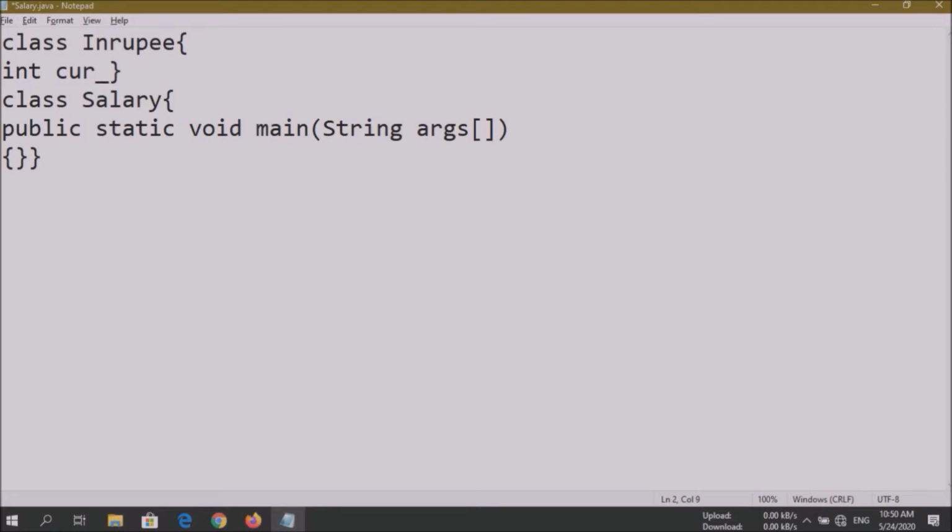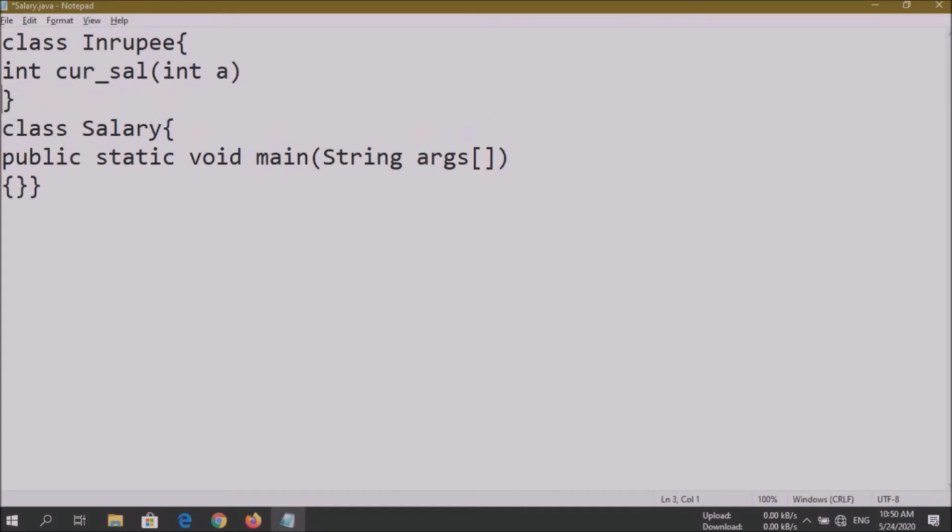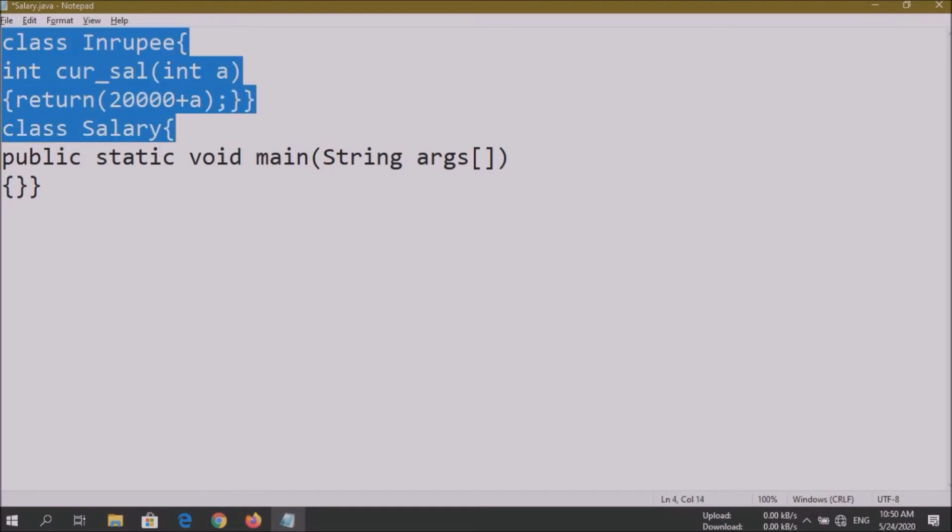Suppose current cell, and it will hold the value of the amount of increment in a variable a. Enter. It will return 20,000 plus a.